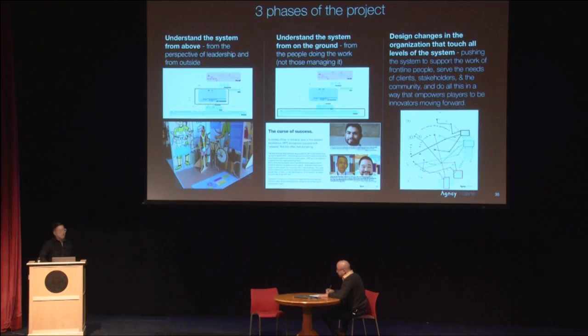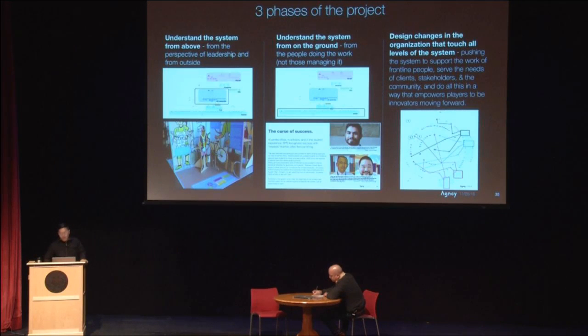I'll sum up by saying these are the 3 phases of the project, and the different aspects of the work. The first one is to really, like a surveyor or a map maker, make a map, understand the system from above, and from the perspective of leadership, how the system is structured and the work that needs to be done. And the second phase of work, we're really trying to understand when you're standing there in the forest, looking out over the landscape, what are the issues, and how are the issues that central office says from a top-down perspective actually felt from the ground, and how do you navigate those changes or needs?